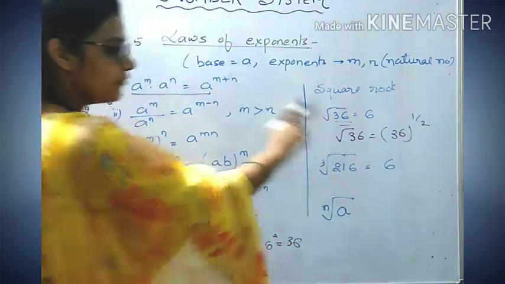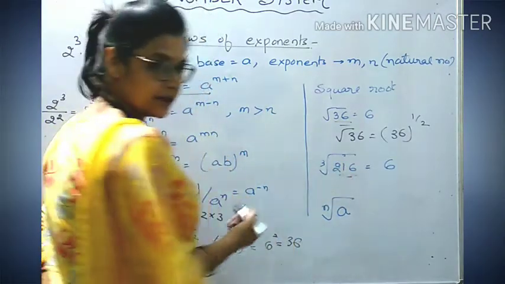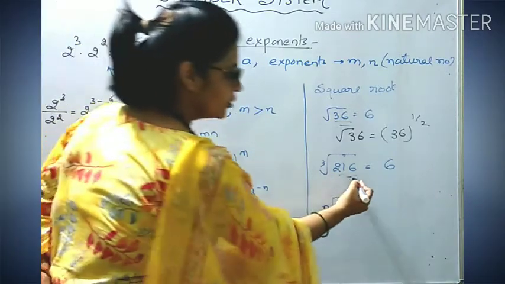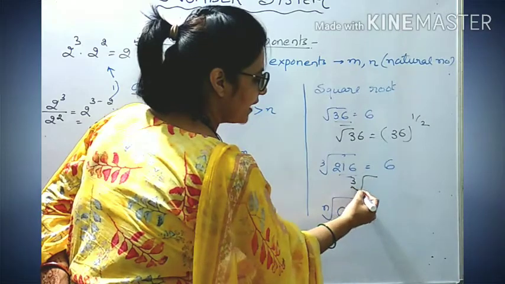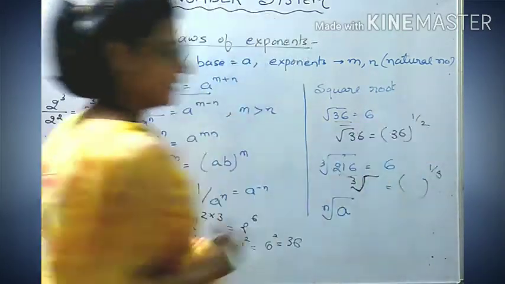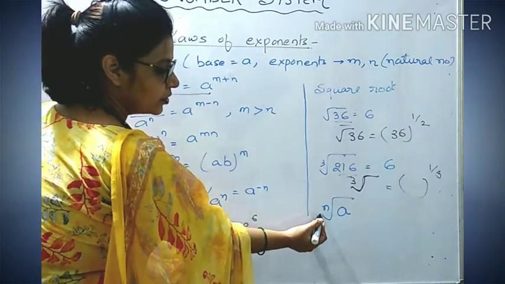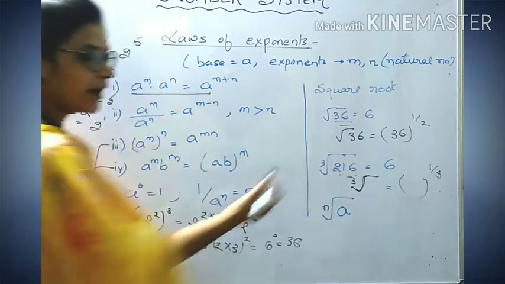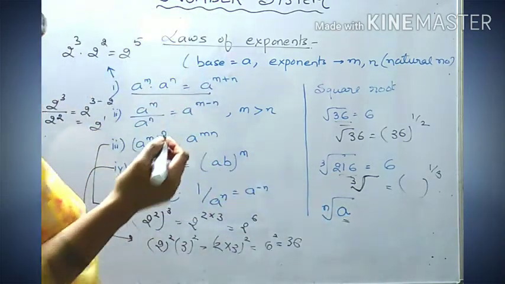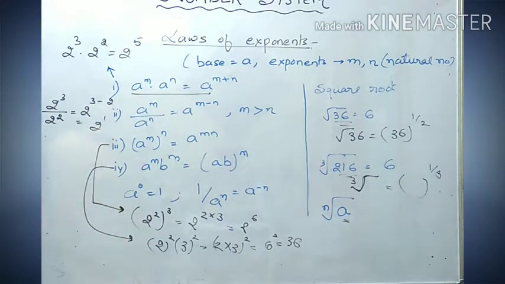And cube root of 216, we know how to find it. And we have done the cube root of a number. So cube root is actually, when we have this cube root, it means to the power 1 by 3. Now we extend our knowledge to the nth power of a number. And here, moreover, we will do the nth power of a real number. We will extend our laws of exponents for the real numbers.